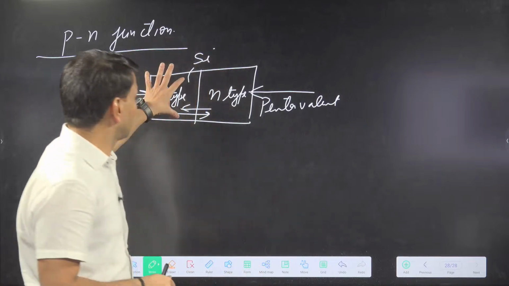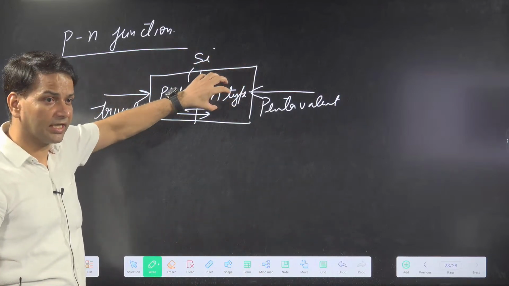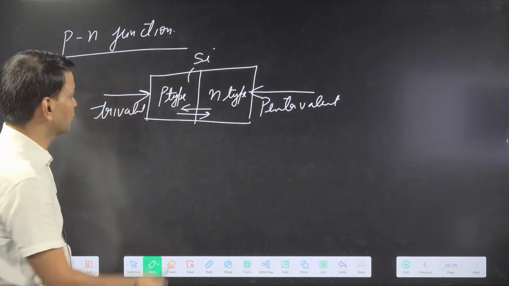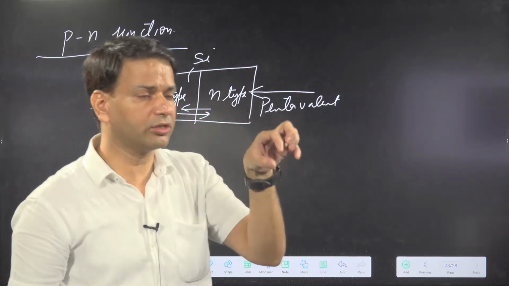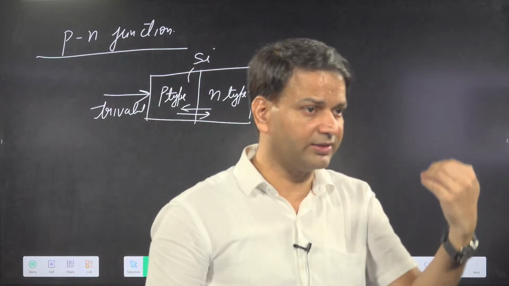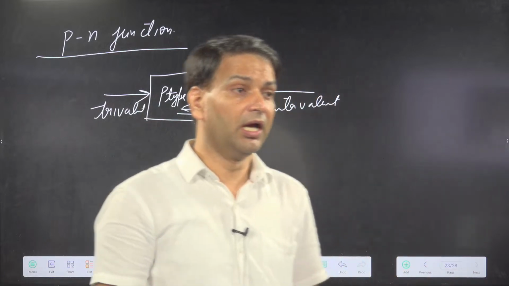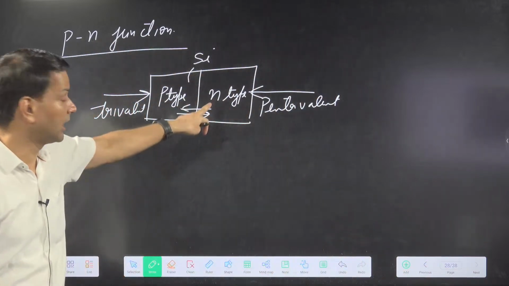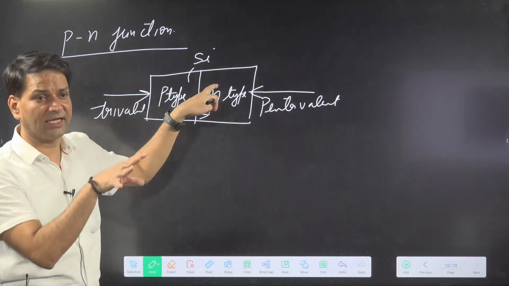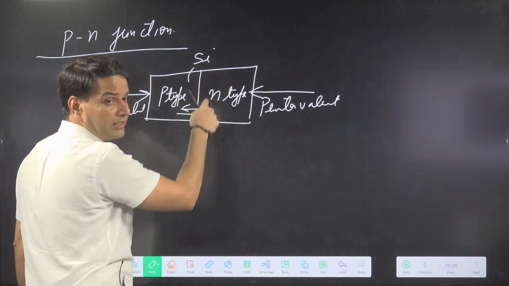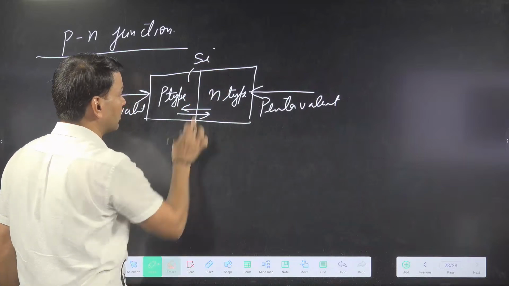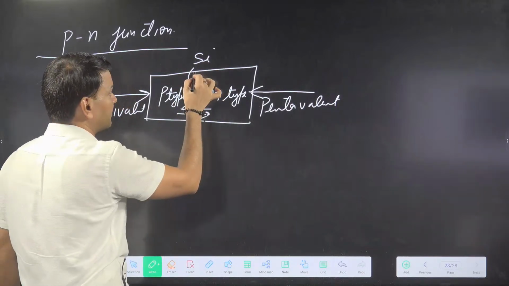So this P type is neutral, and this N type is neutral. But when the electron goes to this side, that electron is filling the hole. Earlier they were neutral, now they receive the electron, so they become negatively charged. And the pentavalent atom which releases the electron becomes positively charged. So from the N side, the pentavalent atom is releasing the electron and the trivalent atom is receiving the